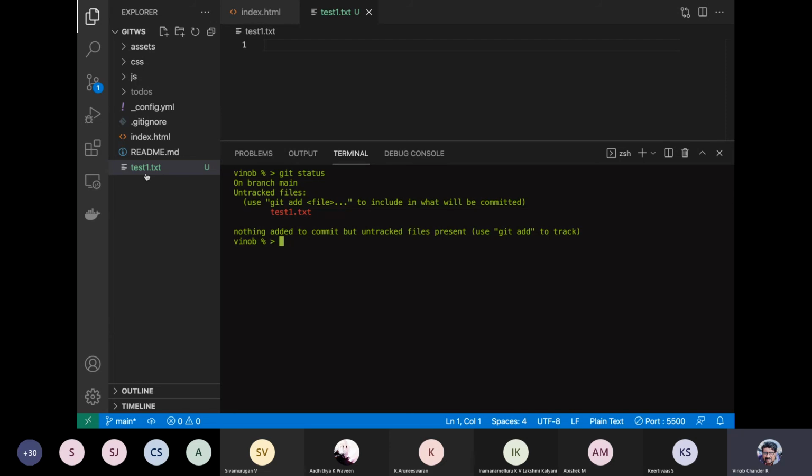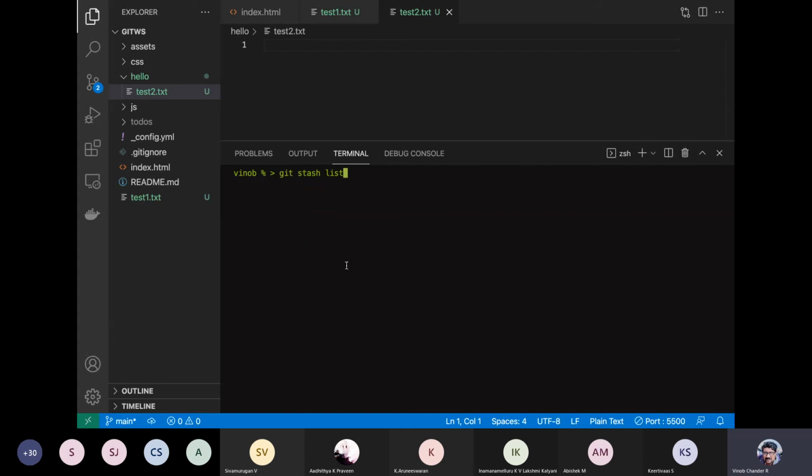So this is test1.txt, which is untracked, and let us also create a folder, for example, hello. And within this folder, let us create a file called test2.txt, and this is also untracked. If you do a git status again, there are two untracked files.